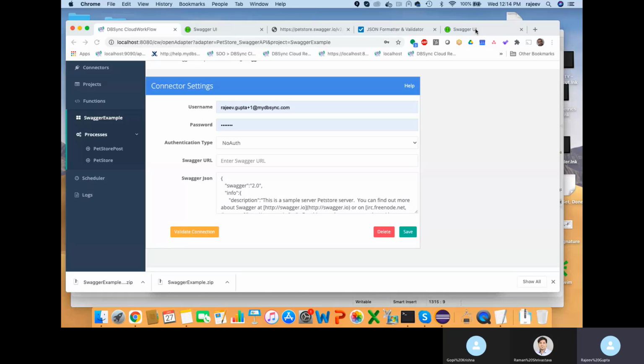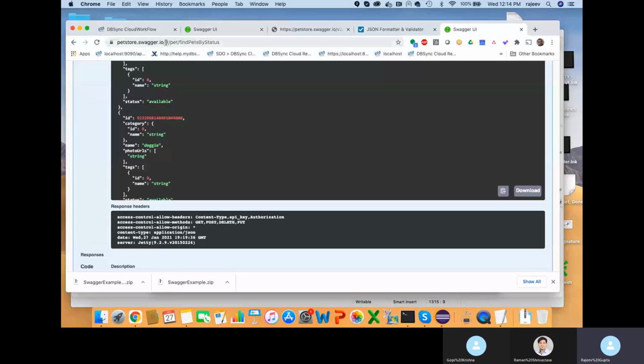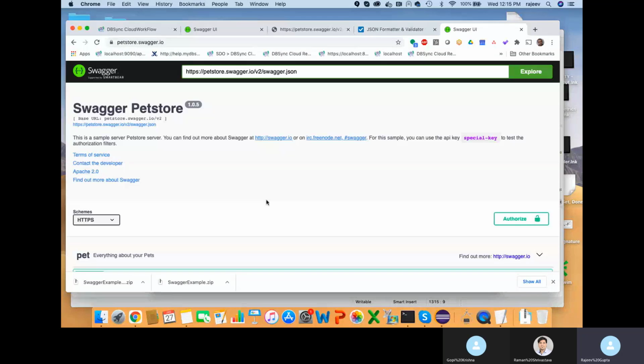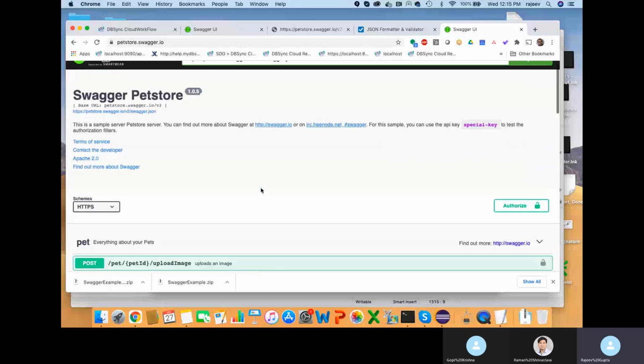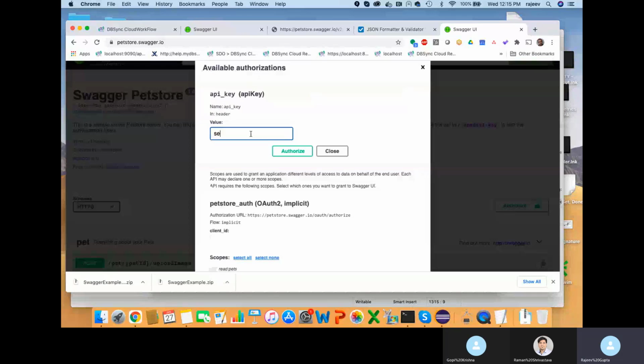The pet store, which is petstore.swagger.io. A quick description of how this works. This is again a publicly accessible site. It has a few authentication setups, and you can use the header of API key to test it, or you can use OAuth. The way you would do it is you would click on authorize, and here this is the key, and you would type in secret-key and authorize the session,